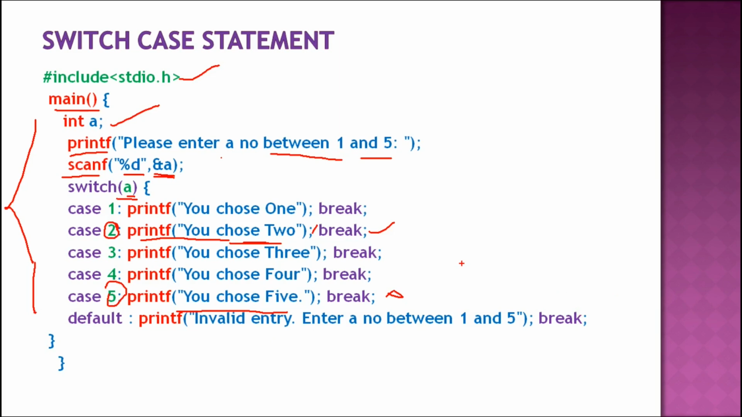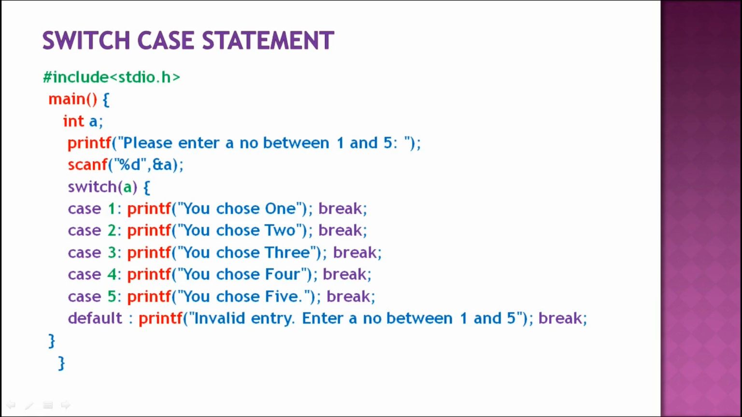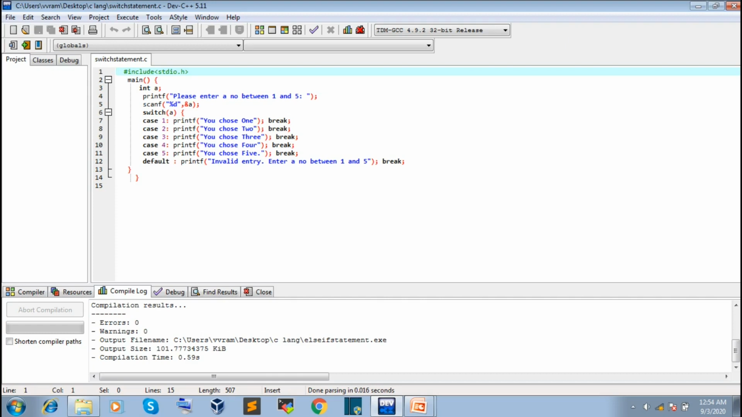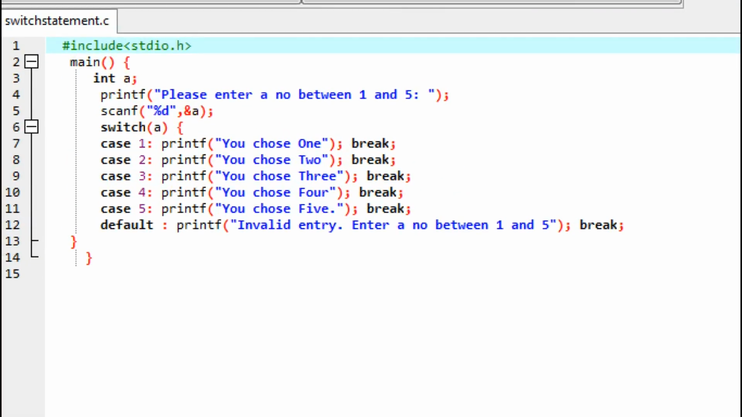Let us jump into our program. The IDE is here. See here, switch statement.c is our program we saved. We included the standard input output library. It is our main function with integer a, and it will ask to print a value from 1 to 5, and store our a value. Depending upon the value we give, switch is there,